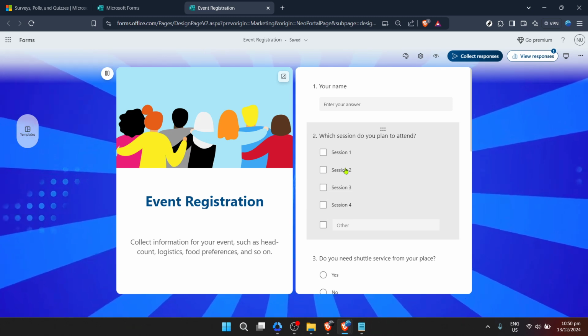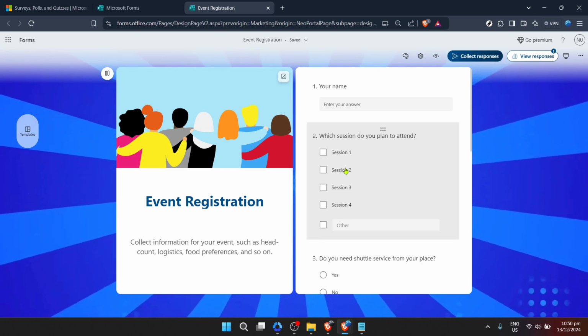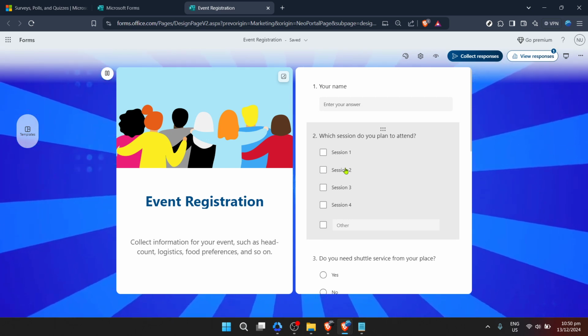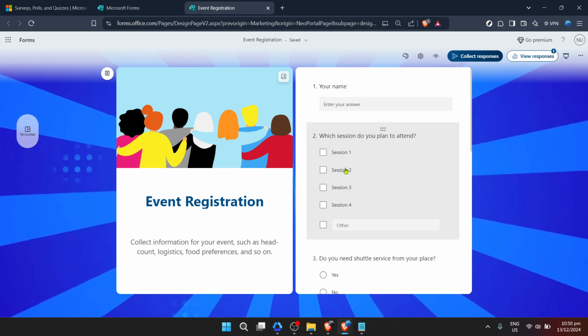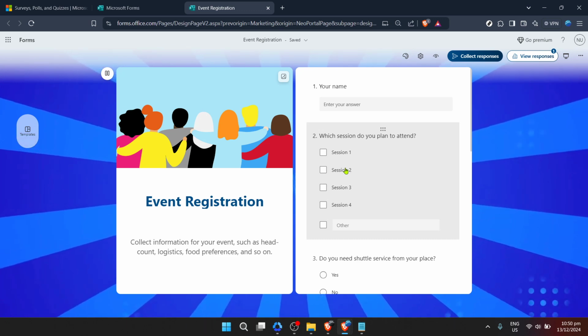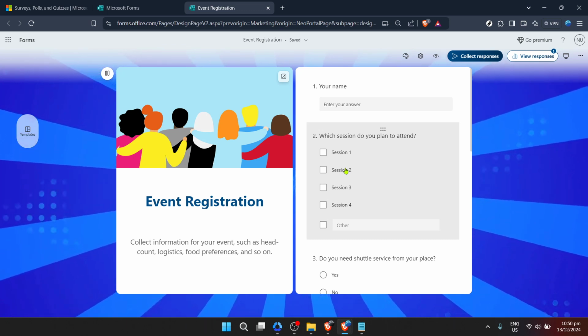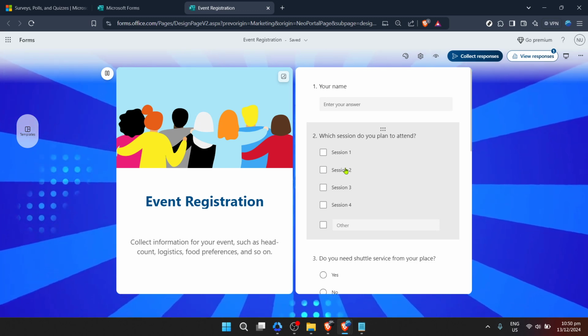To revert the changes or reduce the zoom, you can simply use the Command key in combination with the minus key. This will gradually decrease the zoom level until you're back to the standard view. It's a quick and efficient way to toggle the zoom level to match your preference at any given time, and there you have it. With these easy steps, you can adjust the zoom level on Microsoft Forms or virtually any